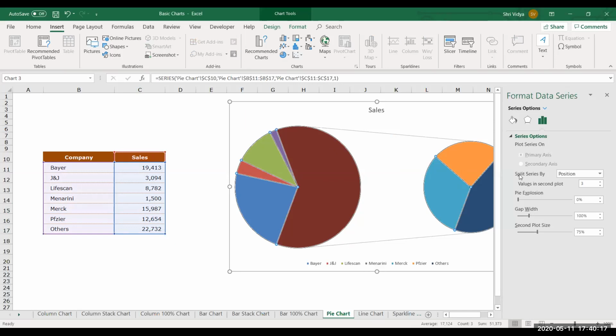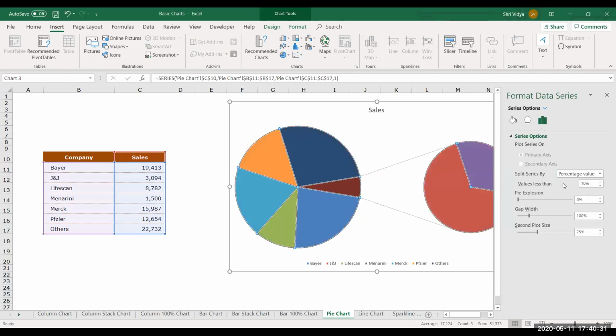See, now you have this split series by, currently by position. Let me change it to percentage value, or value, or you can also provide your own custom condition there. I'll choose percentage value. See, values less than, it has taken 10%. So fine, all those values less than 10% need to be displayed in a secondary pie for me.